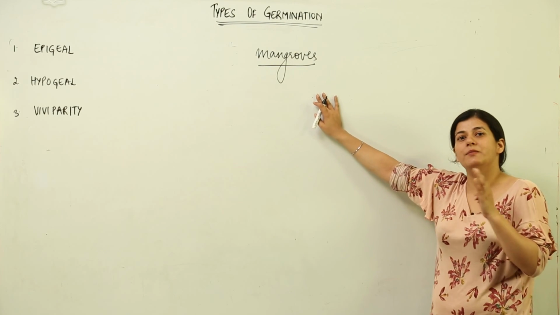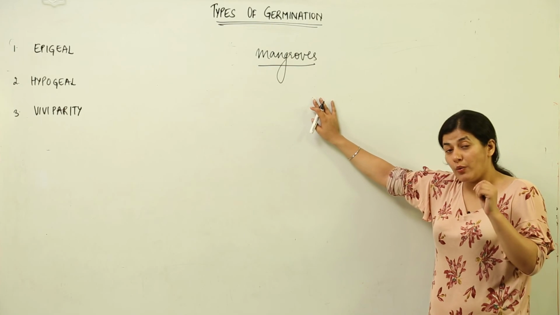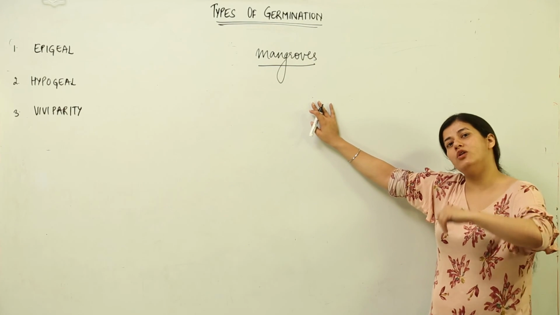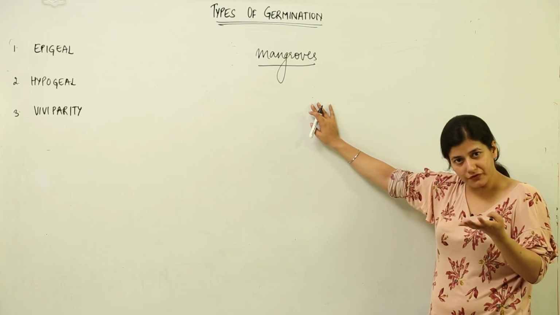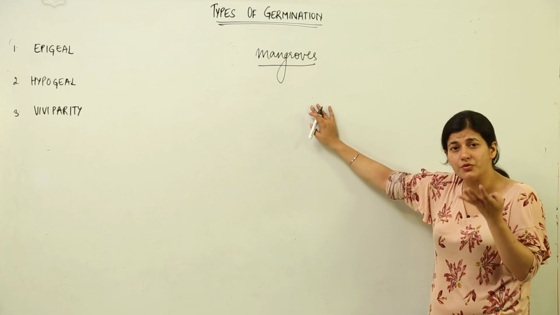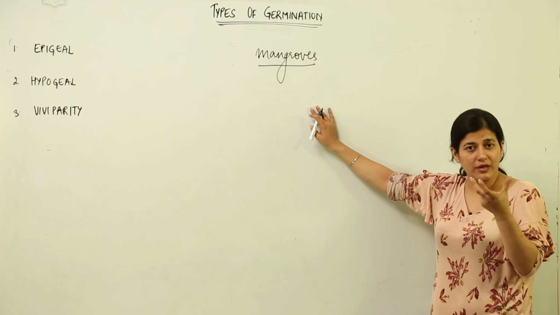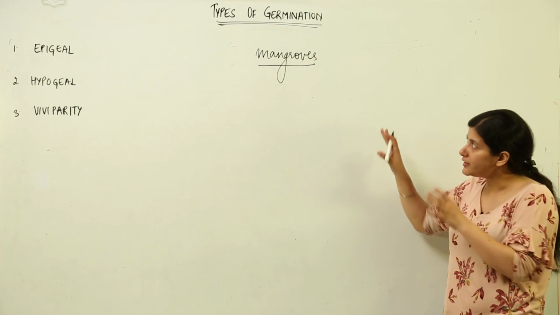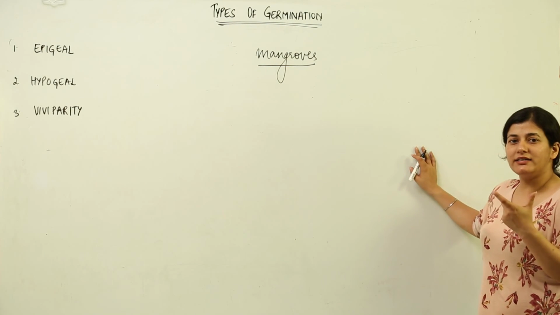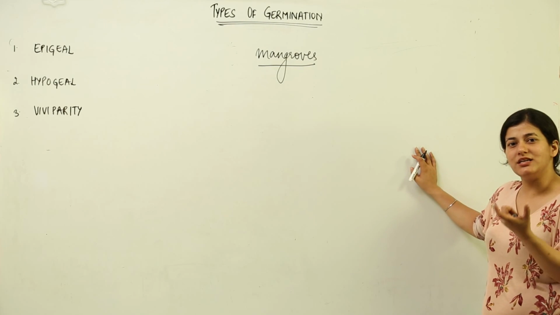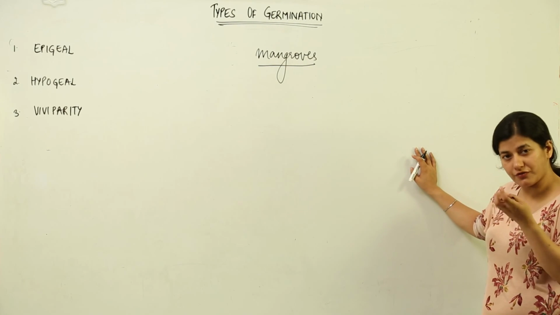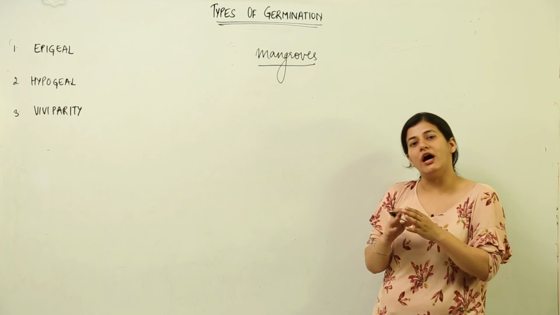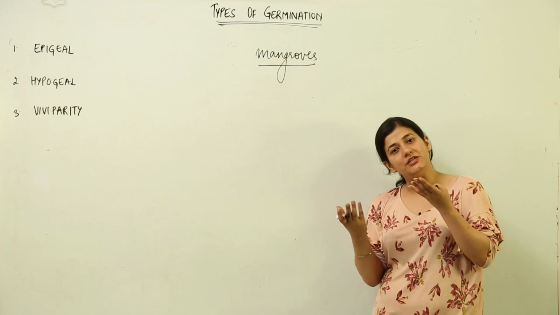Secondly, they have developed the mechanism of viviparity, where in the case if the seed falls down in that marsh sort of area, it is not going to germinate because it will have oxygen deficiency, and you know oxygen is required for germination. So what these mangroves do is that the seed that is present inside the plant or the fruit, the embryo would undergo development inside that seed only.